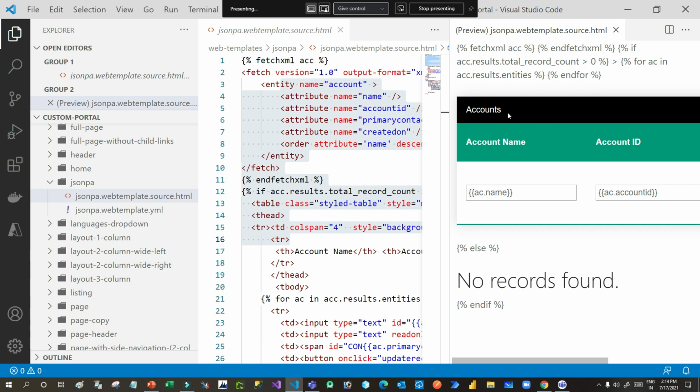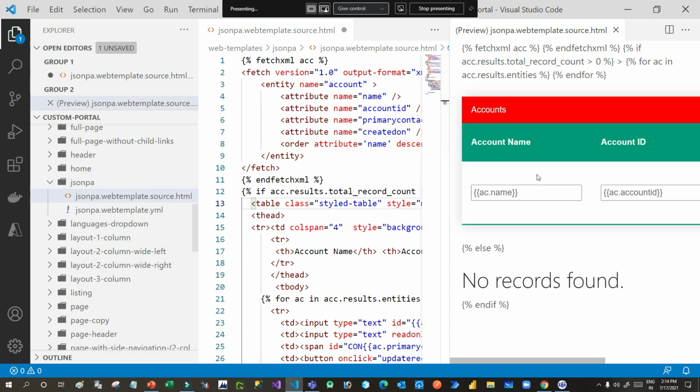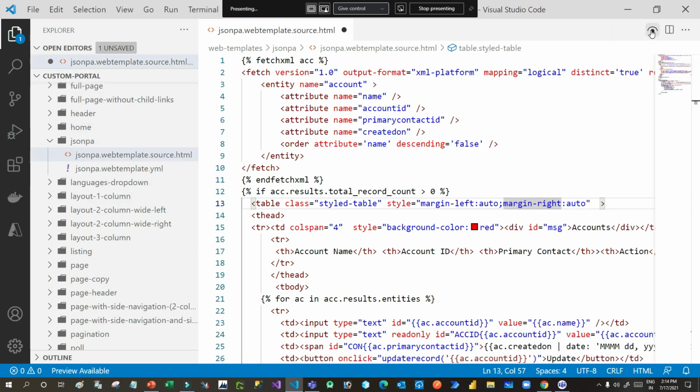You want to change this black background, then you can change also here. Okay, you can change here. Let's say I want to make it red color, for example, and I want to preview. So instead of going to the Power Portal every time, I can check the preview here by using this visibility preview option for every web template or web page.